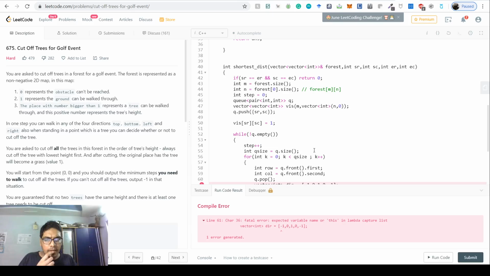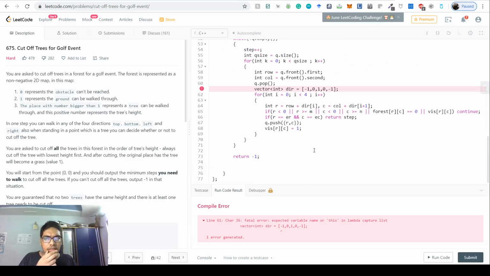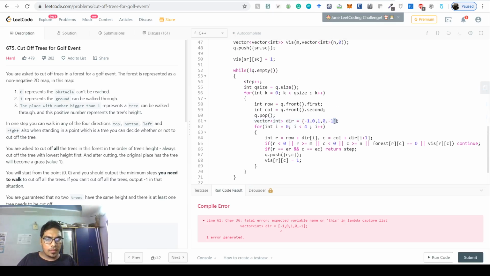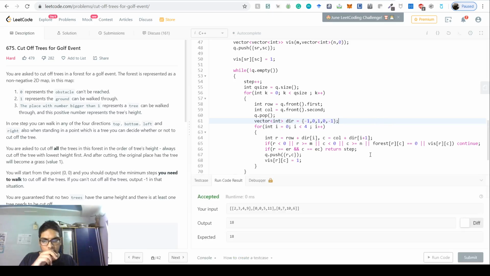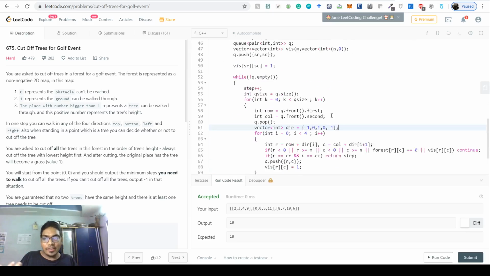Okay, why is this lambda capturing the list? Shifted. Cool. This was a very silly mistake here that I just made a different list.